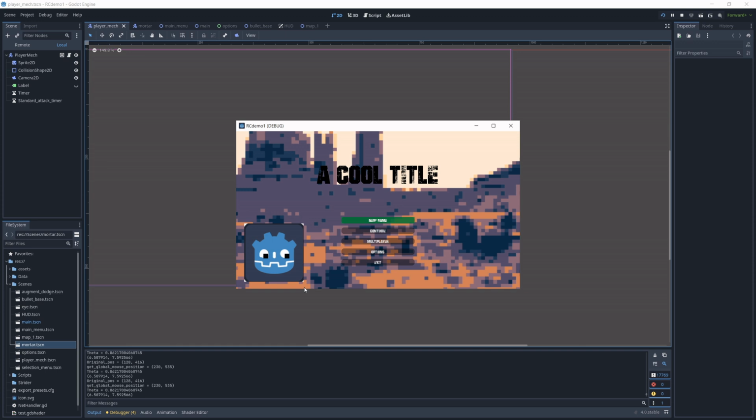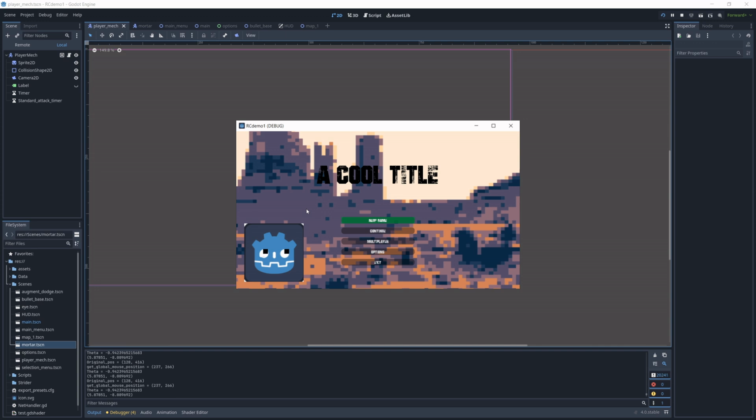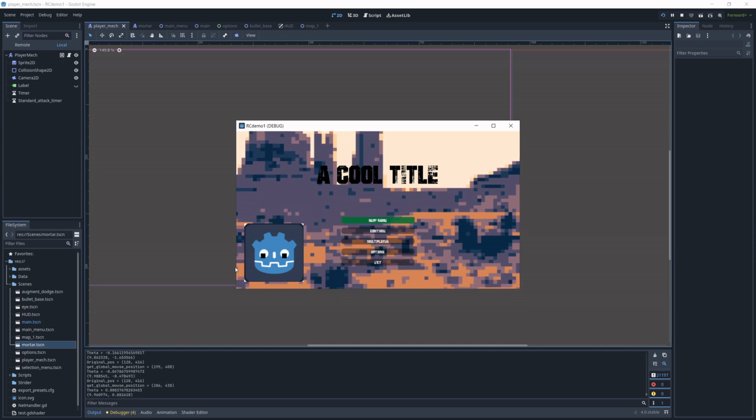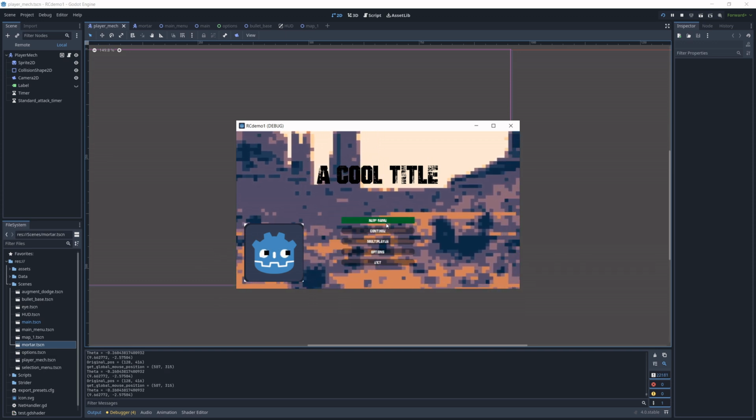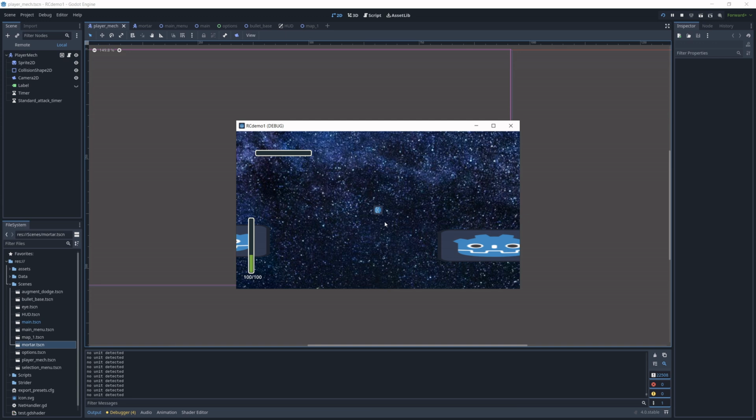Aside from that, I did a bit more scene tree config, a little bit of interesting combat basics. There's a lot of learning involved and a little less creation involved. I'll include the links I've learned from in the descriptions below, and let's take a look at what I made. It's a little